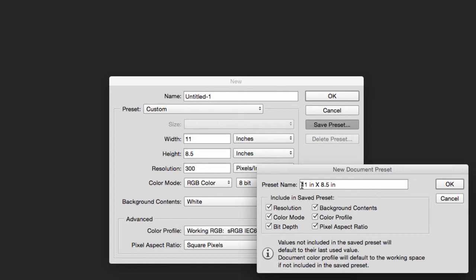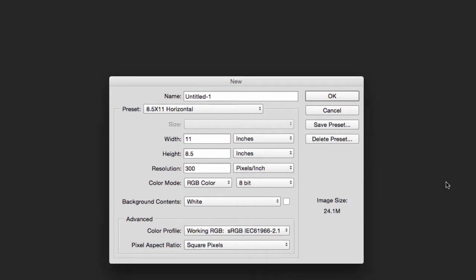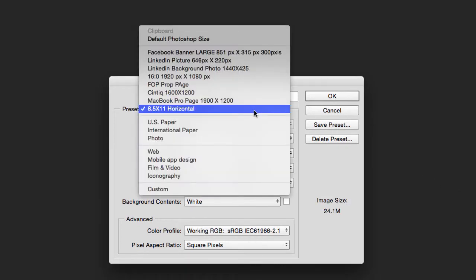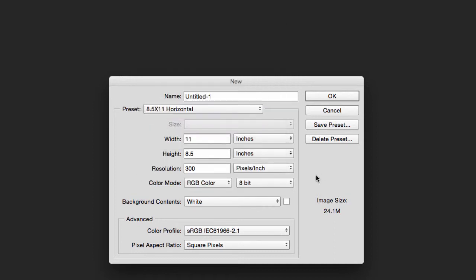And then what I do is call this one 8.5 by 11 horizontal, right? And then when I hit OK, under my presets, I have a new preset called 8.5 by 11 horizontal. Okay, so I'm gonna hit OK,